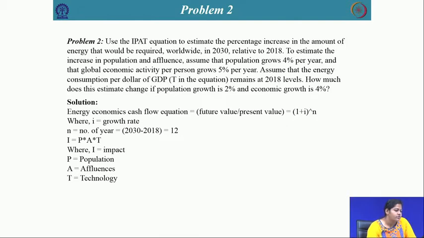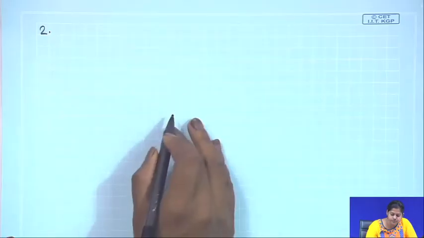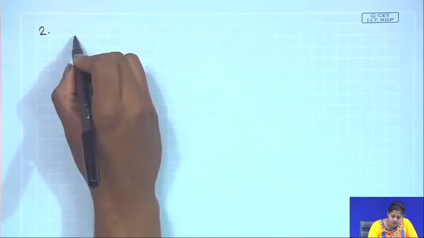Assume that population grows 4% per year. So, this is your P, and that global economic activity per person grows 5% per year, which is your A. Assume that the energy consumption per dollar of GDP, T in the equation, remains at the 2018 level. So, coming to the solution of problem number 2, first we need to consider